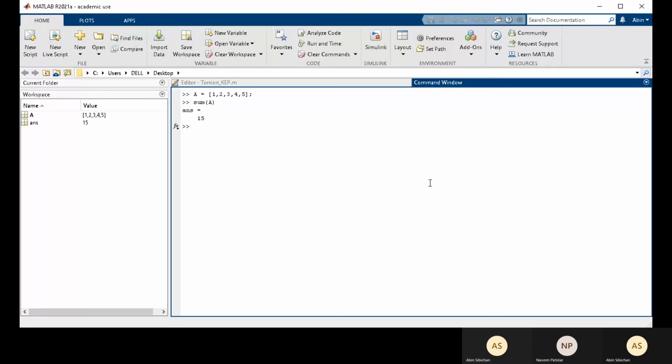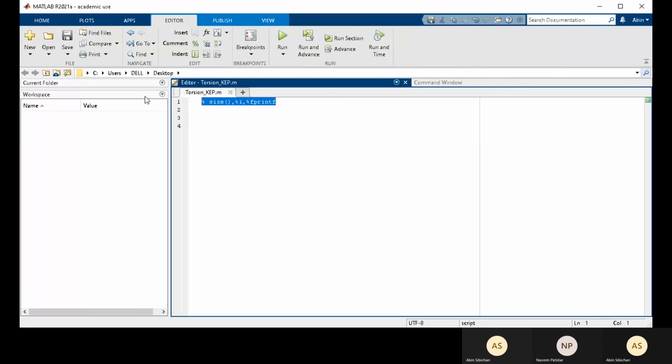If I want to find the sum of elements, I just have to give sum a. See, that is the sum of all the elements in a. So rather than going for a for loop, we can just use the sum function. There are many built-in functions to ease our calculation.